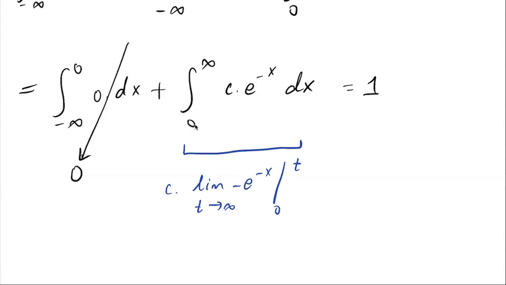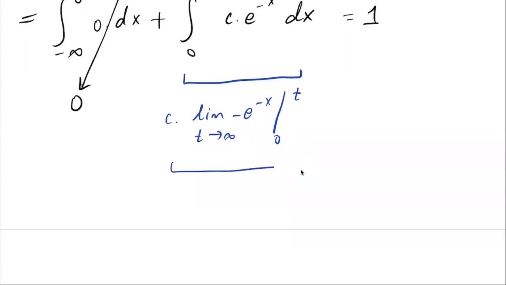Because we know that when we have integral a to infinity, it means a to t, where t goes to infinity. So I can replace this with 0 to t, t goes to infinity. And then I need the antiderivative of e to power minus x, which is minus e to power minus x. And I need to calculate it between 0 to t. So then this will be the same as c times minus e to power minus infinity minus